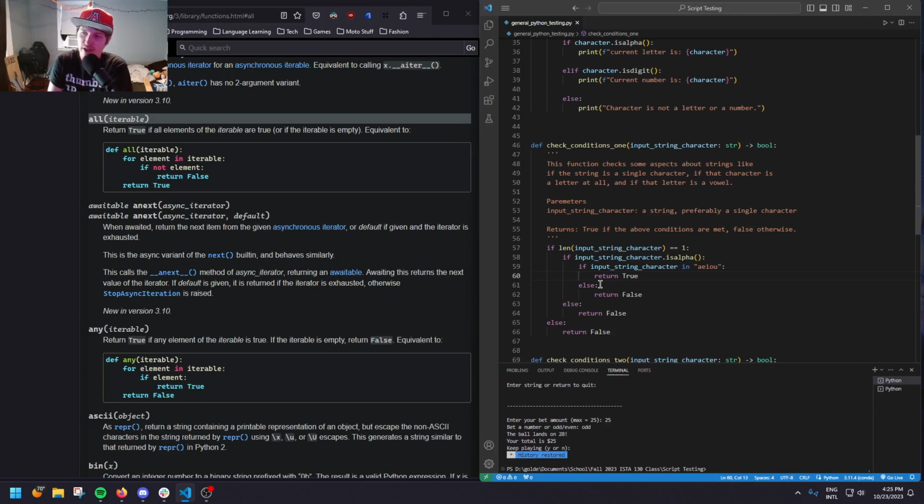Now, some characters in the overall string might be in the list of vowels, but we're only checking one character at a time. In this case, we're checking the whole string, but in that case, if it wasn't one character, then it wouldn't get past that, so it would never get to that point. So